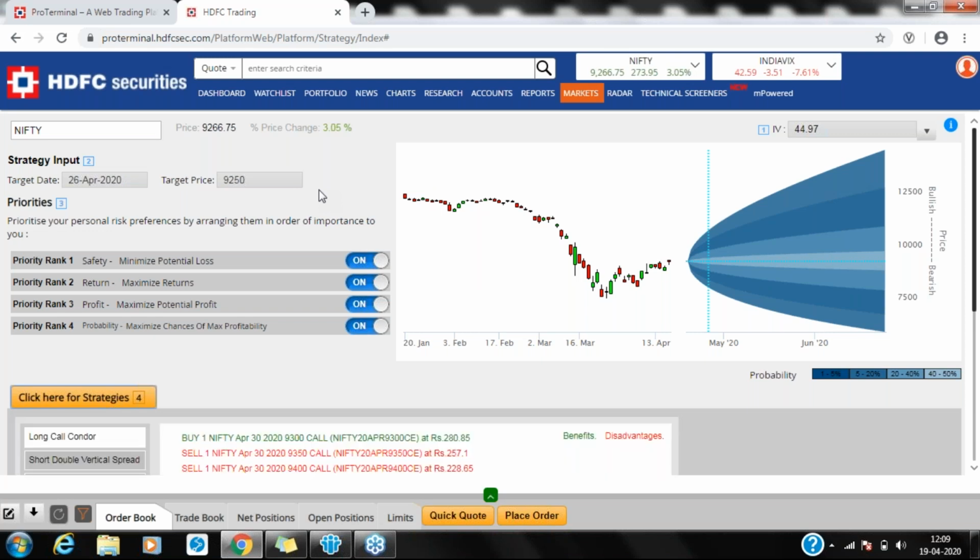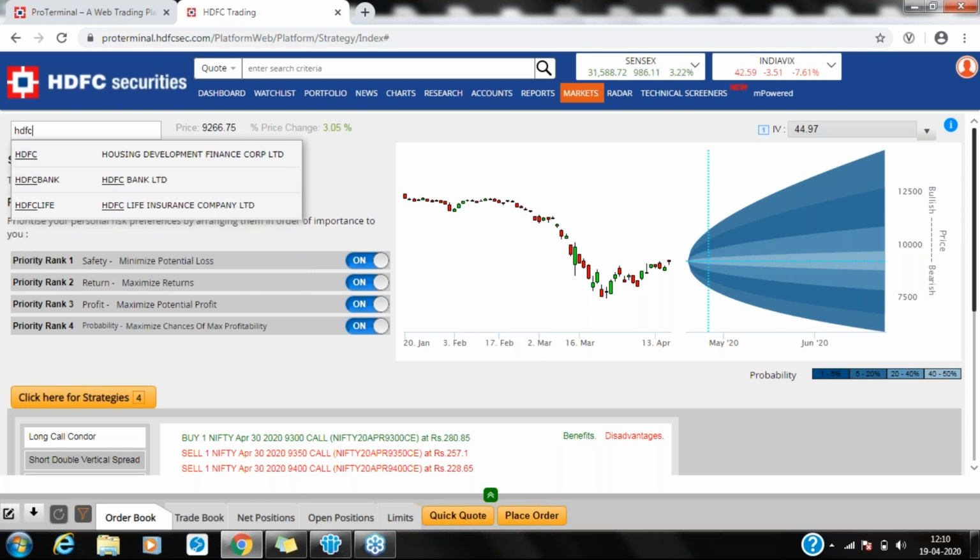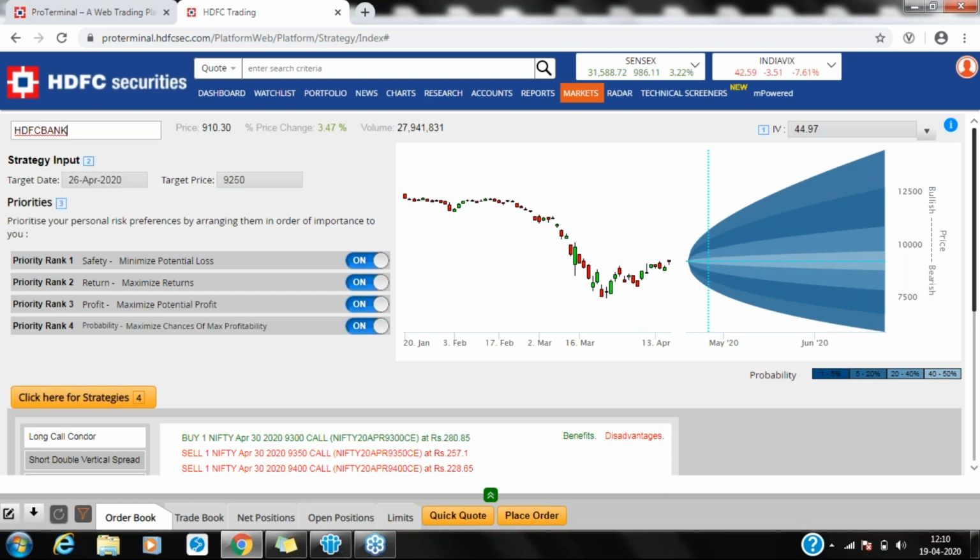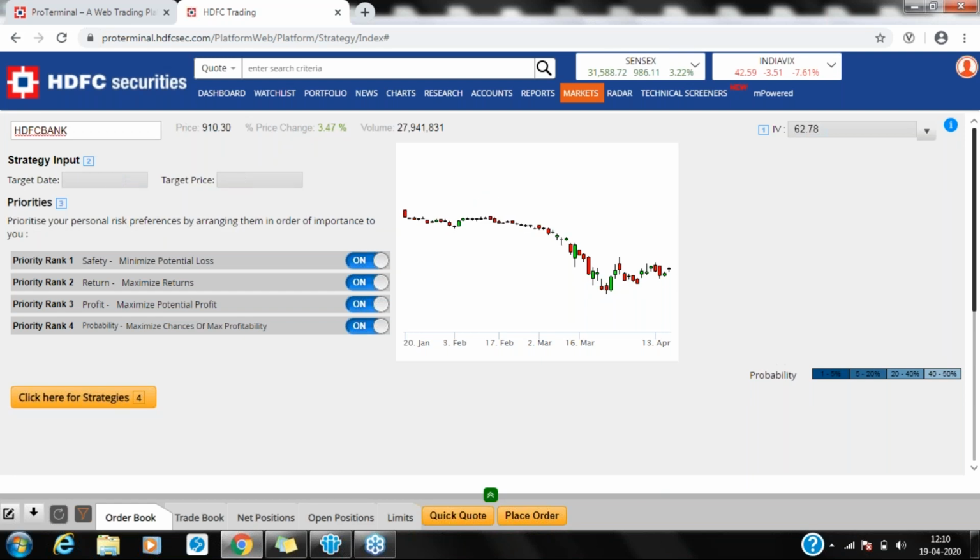Keshav has a question. If I have some problem with option strategy, it's not showing in strategy for any script I enter. Mr. Keshav, you can try again. You can see at the top on the left hand side, the Nifty is there. In the Nifty, just replace it with HDFC Bank or any other company. Check your internet connection; it should be proper. Once you click, you have to select a particular stock name. You enter HDFC Bank and the HDFC Bank rate will come up. Just enter the target date, target price, and click on option strategy, and the strategy will come. Make sure you have a proper net.